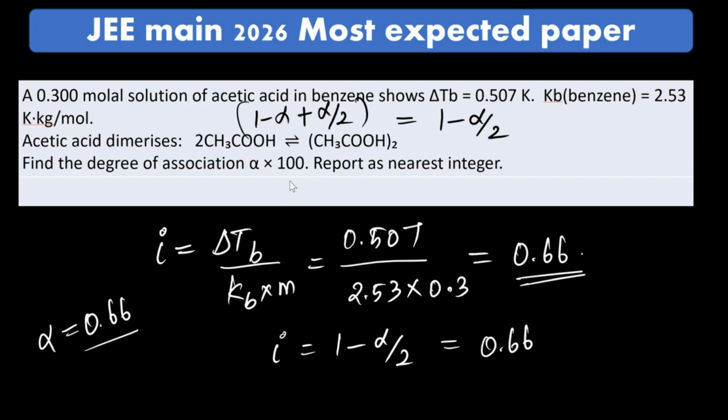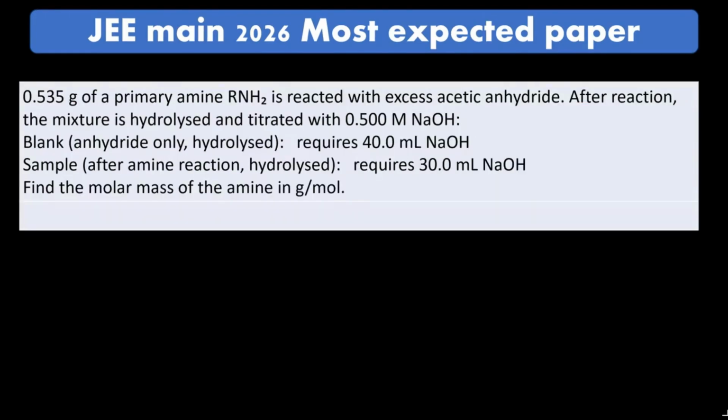Because they are asking alpha into 100, which will be 66. Next question is